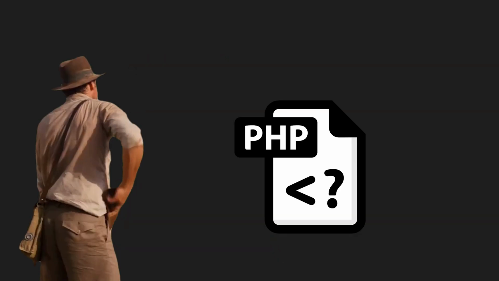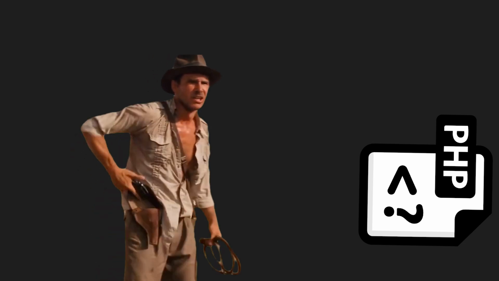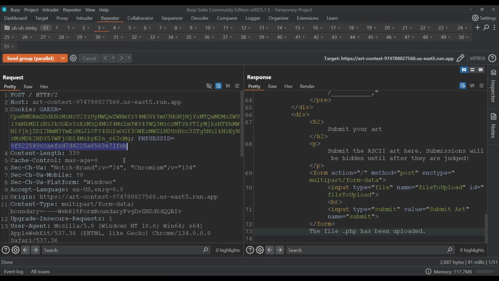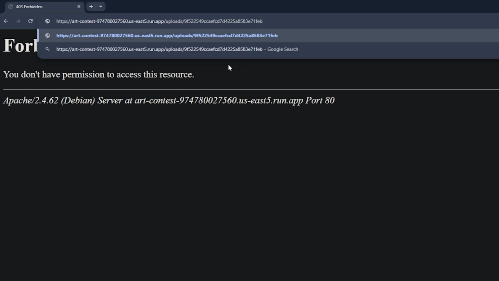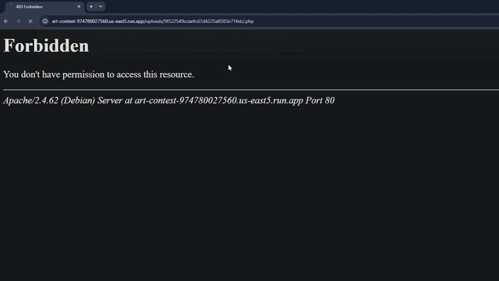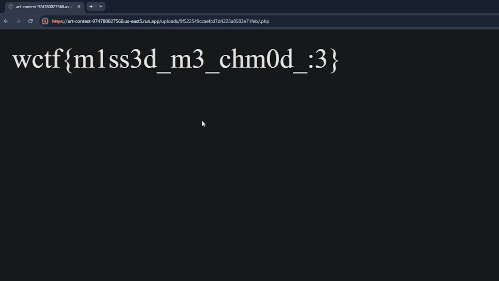But we're not going to do that, because this is a challenge designed to teach what not to do and how to be responsible with your security practices. The only thing left to do is execute the file while it's on the server. To do this, we just copy the PHP session into the URL and try to open our PHP file. This will obviously run the script rather than read it, and we'll have our flag. So now that we put this challenge down like a dog, the next question is, of course, how do we